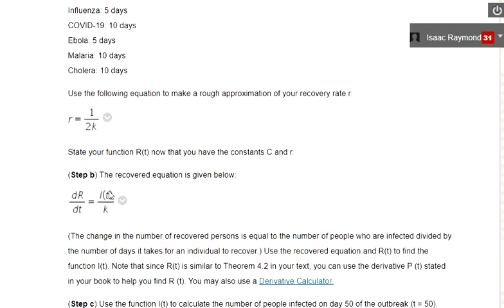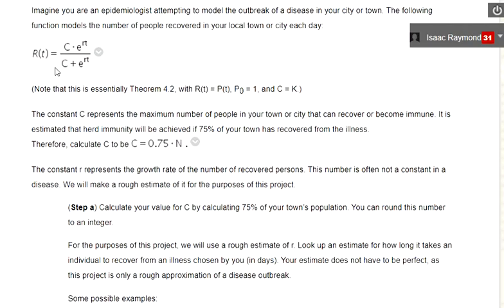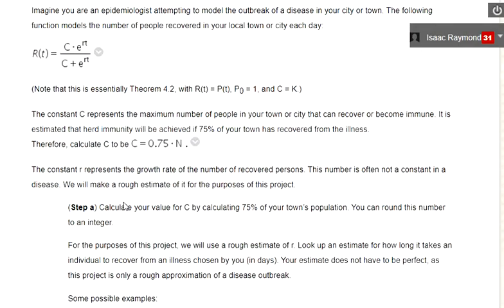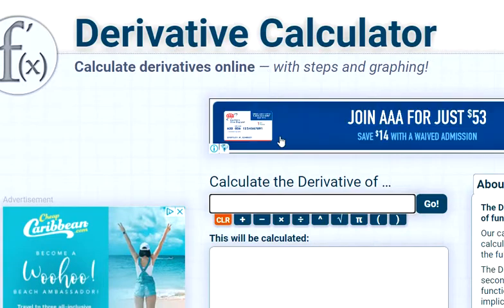So our goal is to solve for I of t. To do that, we need to know what the derivative of r is with respect to t. So this is our r of t function up here. We need this derivative, and so that's where the link to the derivative calculator will come in handy. So if we go over there,